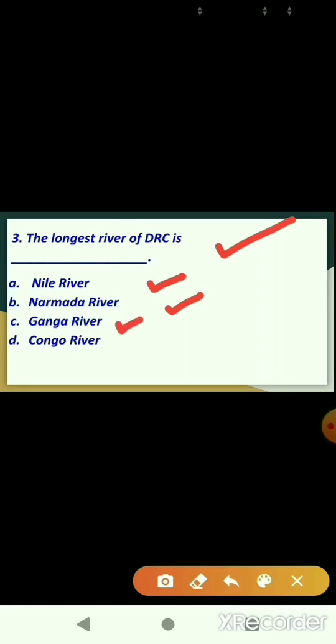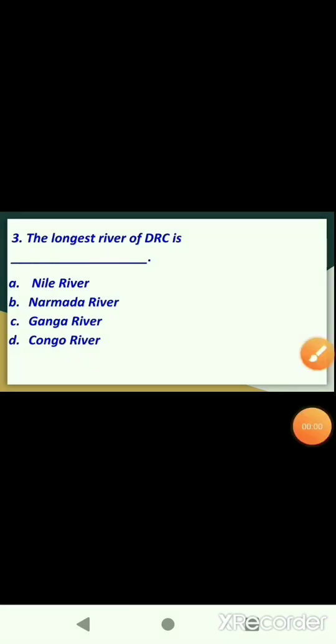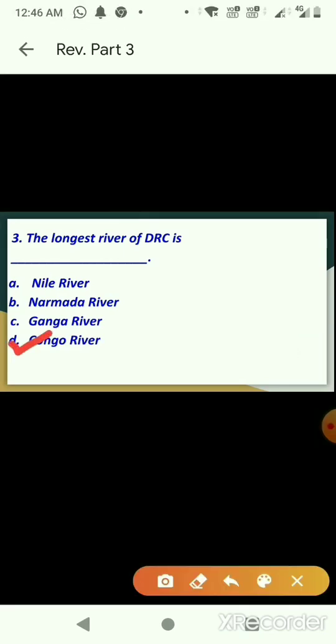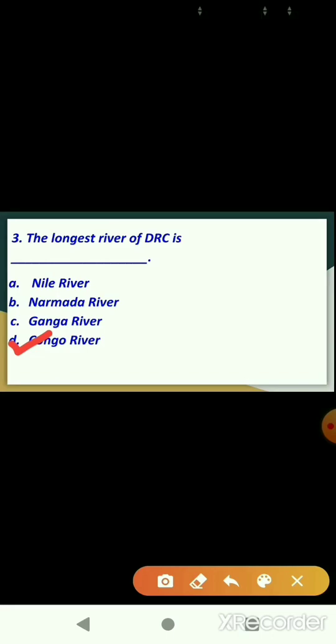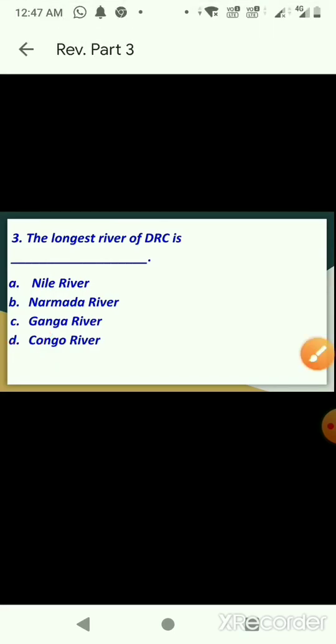And option D. Congo River. Children, what is the correct answer? Yes. Option D is the correct answer, that is Congo River. So the longest river of DRC is Congo River.